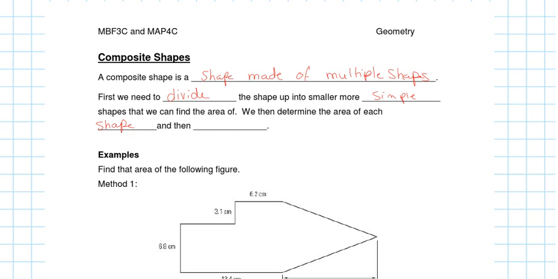Most of the time we're going to have to add them, but if you guys look at this, for example, if I have something that looks like this, right? You can, if you want, look at the big area of the triangle and take it out. So subtract. So sometimes you add, sometimes you subtract. It depends on what kind of shape you have. Okay? Is it added to it or is it subtracted from it? So then you sum, or I'm going to put the subtract for some cases that you have to subtract.